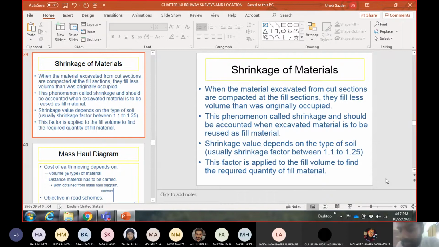Normally, what is our preference? The preference is that the material which we have excavated from one cross section can be used at some other cross section on the same project. One part of the highway requires some filling, and the other part requires some cutting. The material which I have cut from that site is already piled up on the side of the road, so instead of hiring someone to bring material from some other quarry, I will just take the material which is already lying on the site. This is preferred.